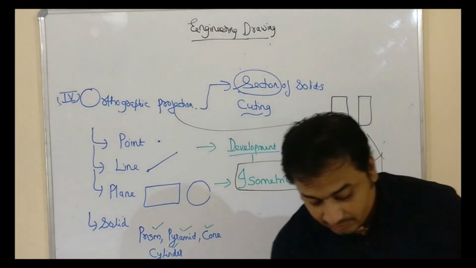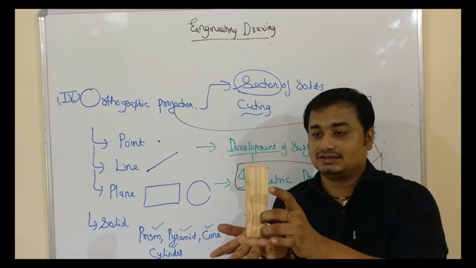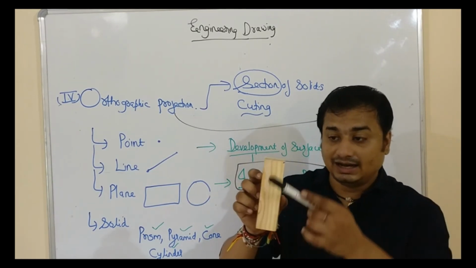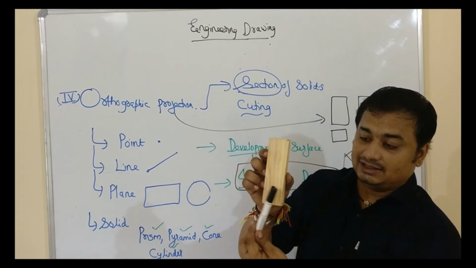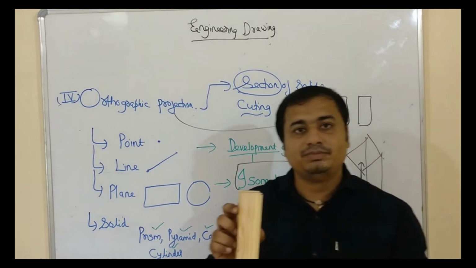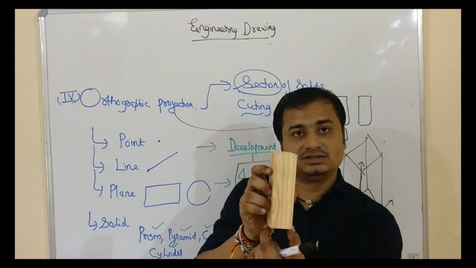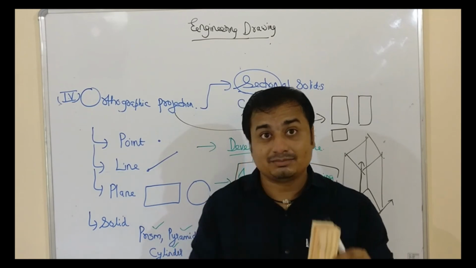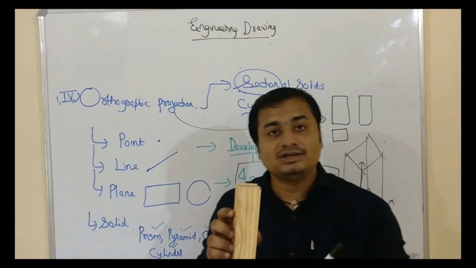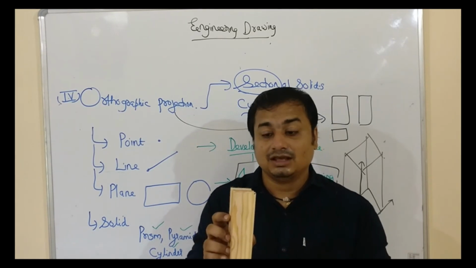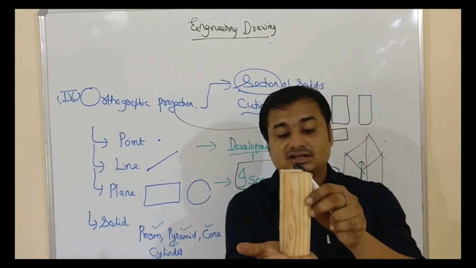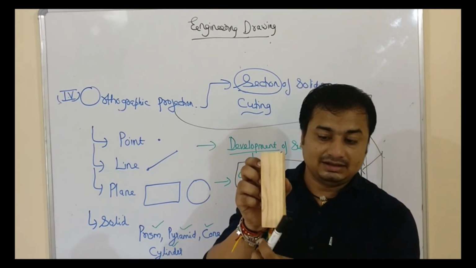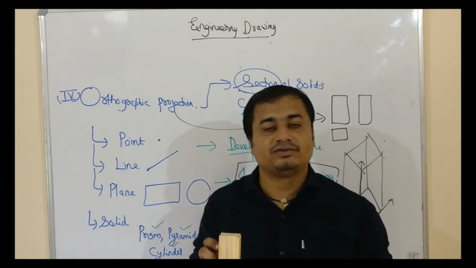In other words, if the duster is resting like this, in this position we can see only the height and the length of the duster, but the width is not being seen from this position. So this is not the isometric. Isometric is the single representation of this object where all the dimensions can be seen. It is only possible if you rotate this duster with some angle. Once you have rotated the duster at this angle, now you can see the height, length, and the width of the duster. Now this is called the isometric drawing of the duster.